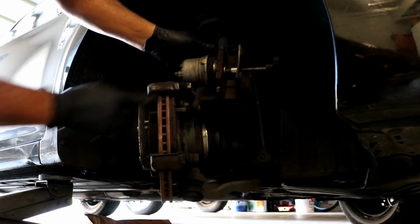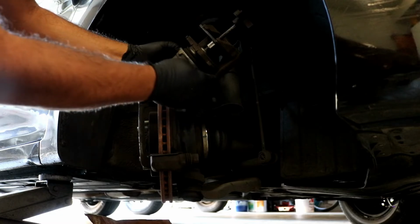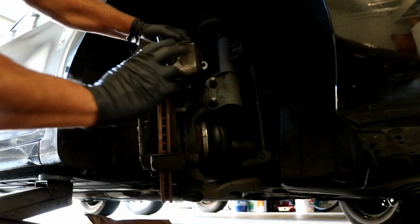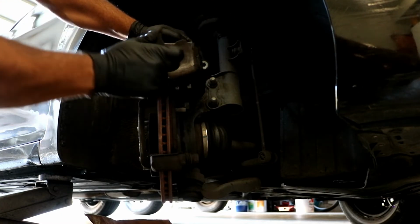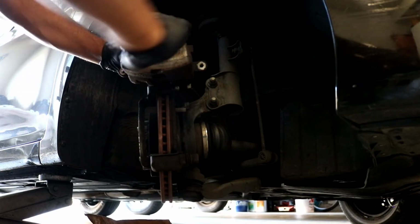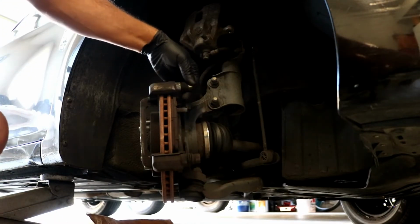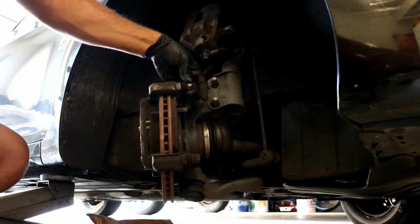You see the old pad is in there, because you don't want to take the tool and press straight onto the piston, you'll damage it. So then you just turn this back in all the way until the piston is completely recessed back into the caliper. Okay, once you got that piston pushed back in,